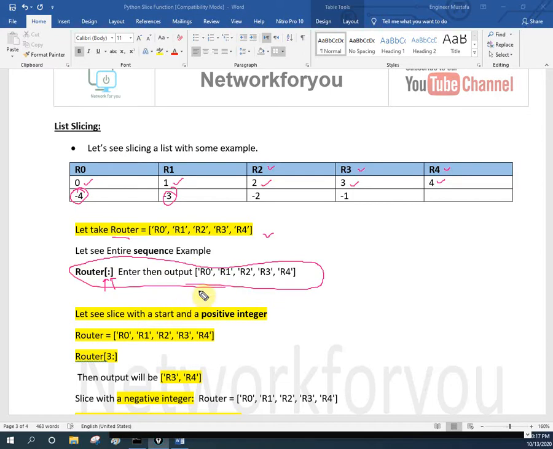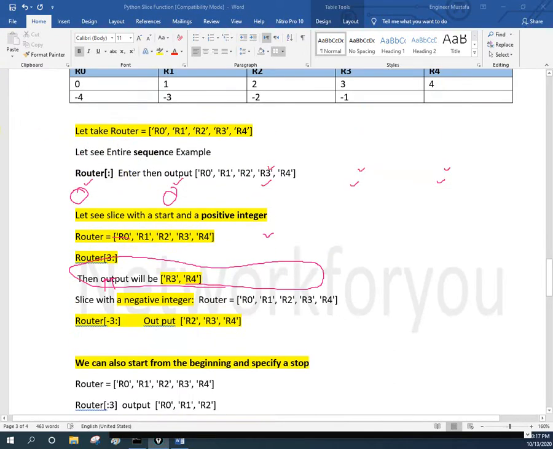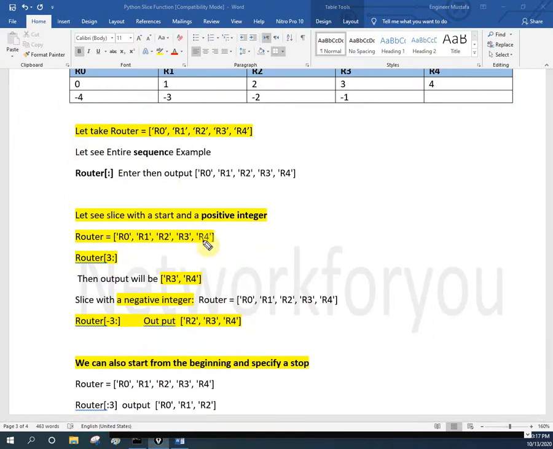And if you want to retrieve from the particular boundary or particular range, then we can do also. Here example, this is a second example. If you want to take particular range, we can use positive or negative. If I write start from R3 to 0. So 0 means till end. R3 means this is 0, this is 1, this is 2, this is 3, this is 4. So R3 start from here till end. So we have R3, R4. Okay, this is the index value.